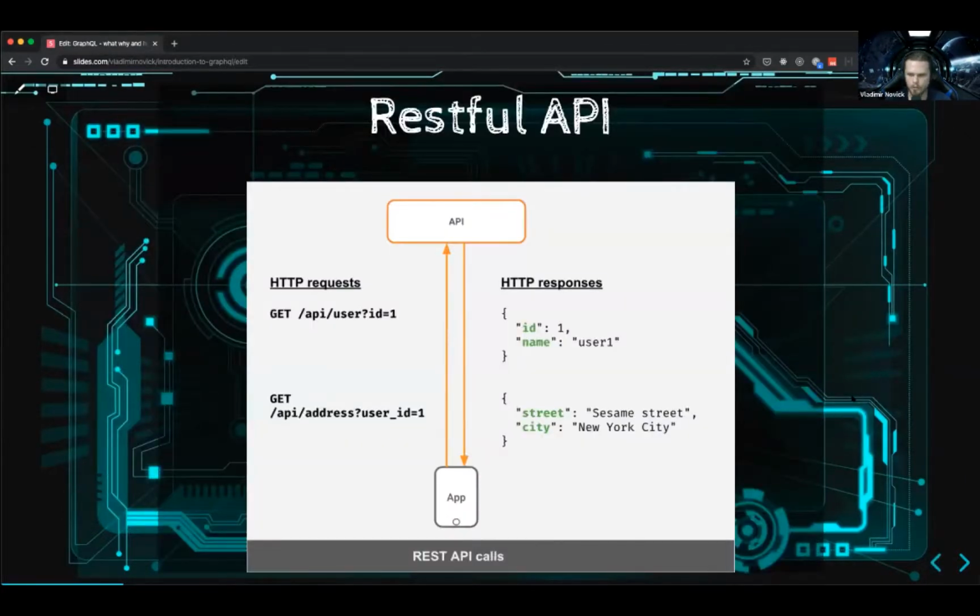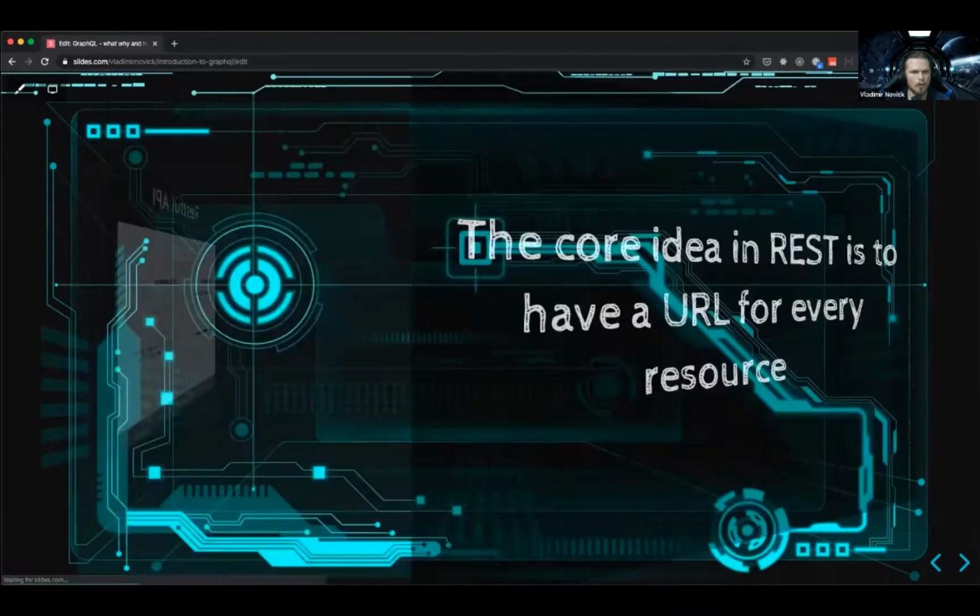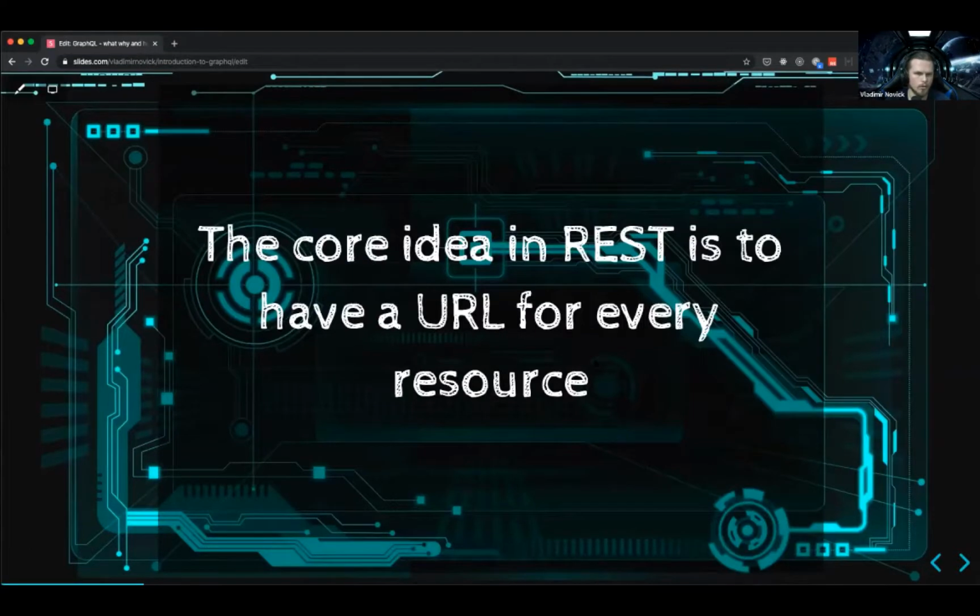Now, we all use RESTful API for quite a long time, and the main idea is to have a request, a bunch of endpoints, we trigger this request, we get the data, right? And the core idea is to have a URL for every resource, which is fundamentally a good idea, right? But the implementation is not so much. Now, we have different mechanisms to work around that. We have a caching mechanism. We still need to consolidate a bunch of things on the client, and we've already gotten used to living with that, right? But what if there is a better solution?